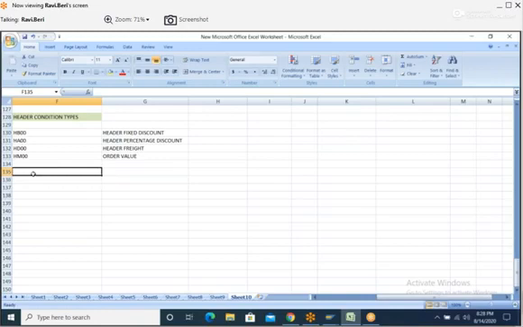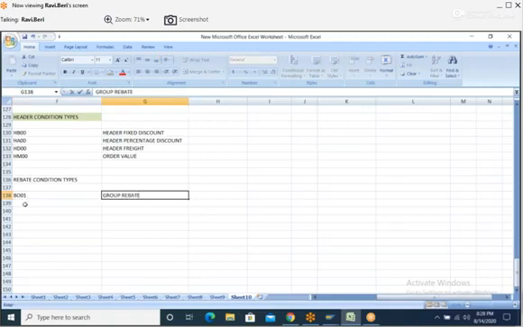Next, rebate condition types. BO01, group rebate. BO02, material rebate.